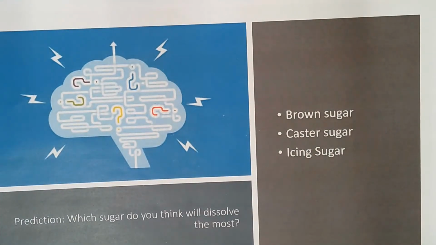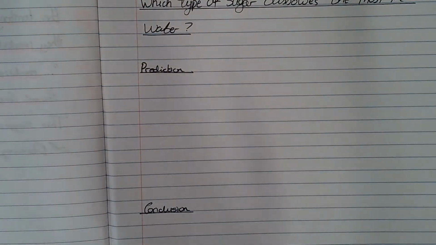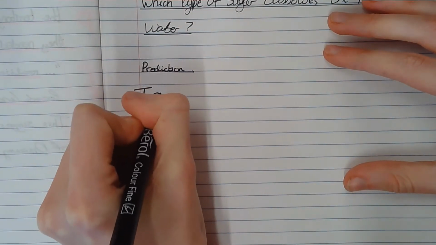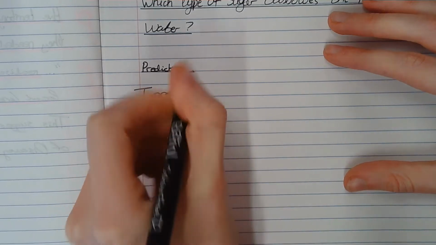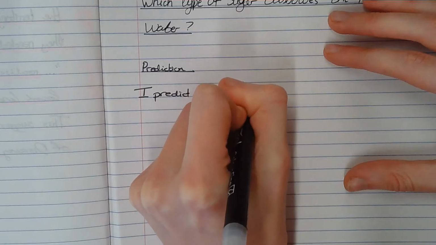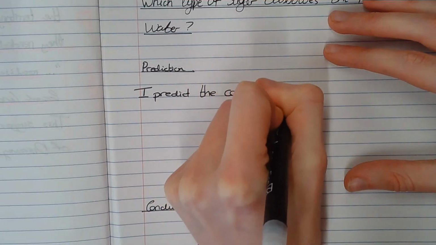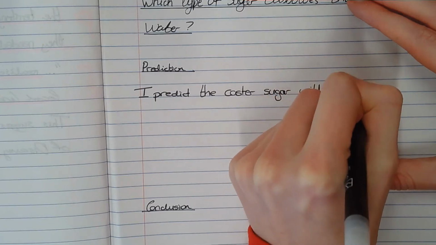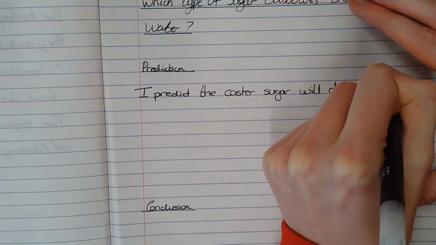Now I will model my own prediction first. Just let me get my book. So, my prediction, I'm going to say, I predict the caster sugar will dissolve the quickest,